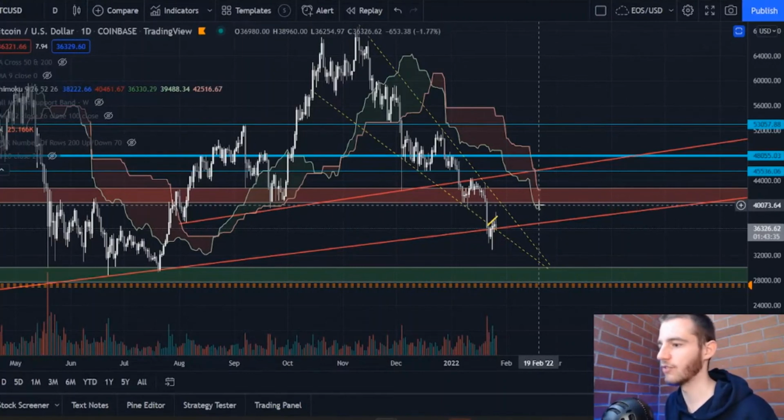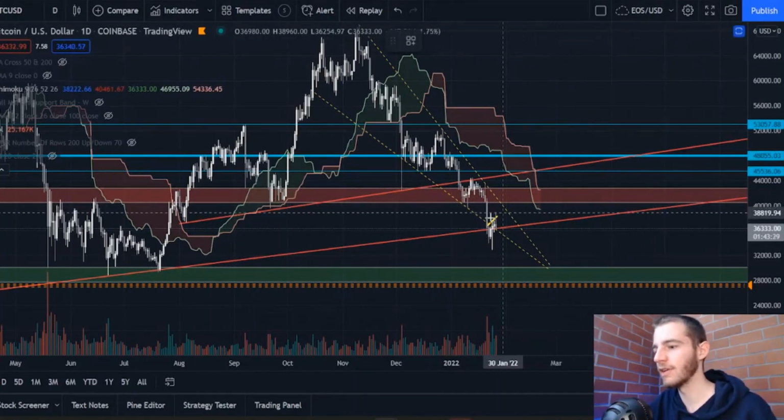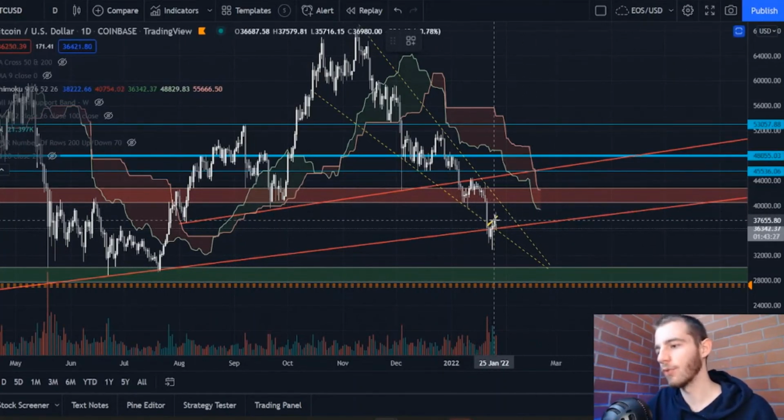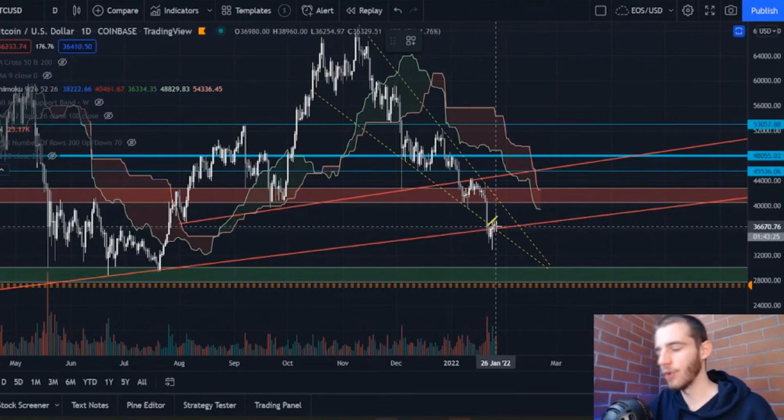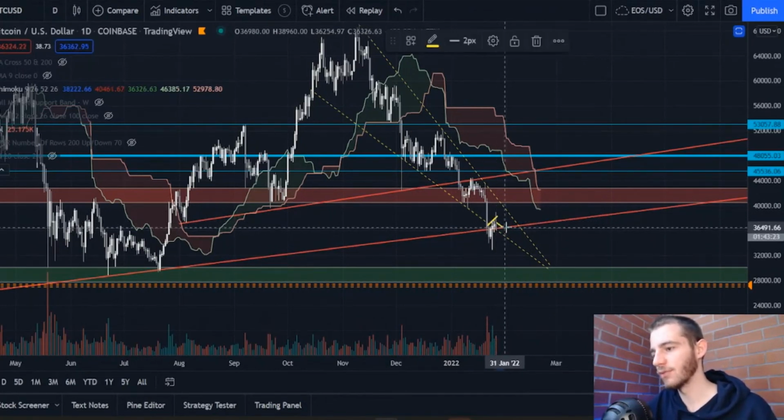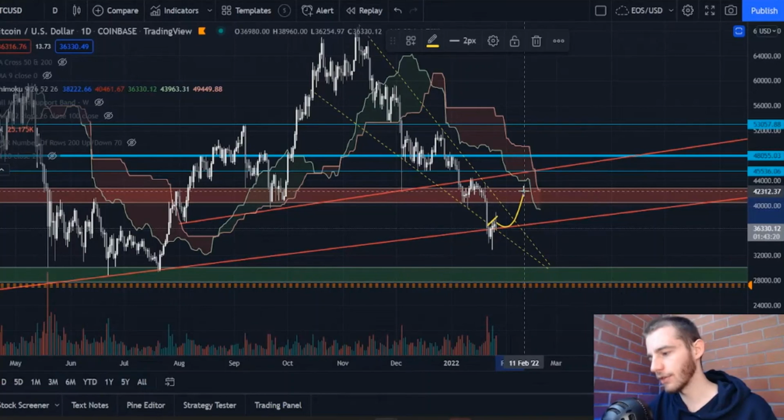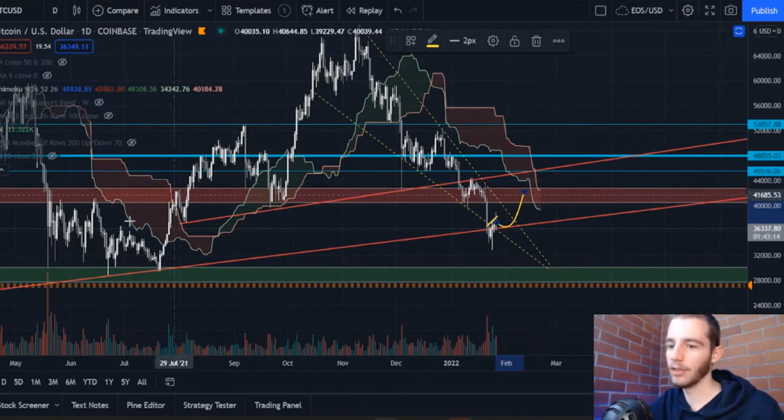And so if we were to reach that, say, in mid to late February, that would be below 40K. And so we'd be coming up on a potential rejection zone. So it is kind of critical importance for the bulls that, if you are bullish on Bitcoin, it's of critical importance that we swing up to the upside sooner rather than later within the next couple of weeks. Because once we kind of consolidate in this region, in this 30K region,